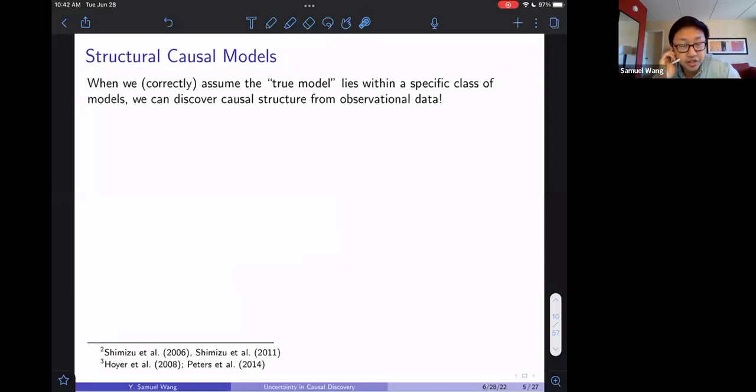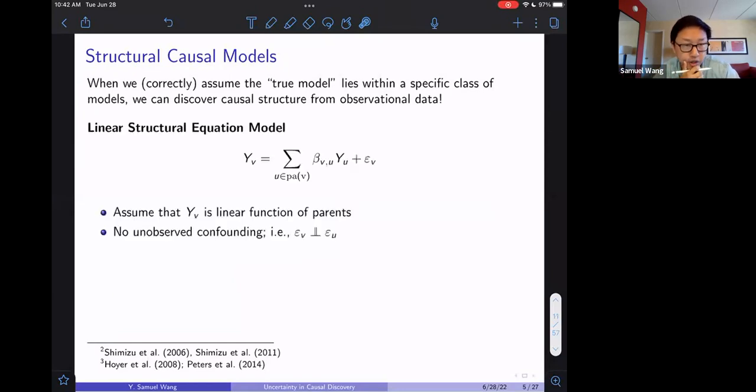All right, so before I dive into the specific procedure, I want to talk briefly about the types of models that we're actually considering. As I mentioned before, there are various assumptions which allow for identification of causal structure from observational data. I want to talk about one specific model here, the linear structural equation model. This model assumes that each variable that we observe is a linear function of its parents in the corresponding graph, and some idiosyncratic error term. We'll also assume that there's no unobserved confounding in our system, and mathematically we'll encode that by the mutual independence of each of these error terms, these epsilon terms.